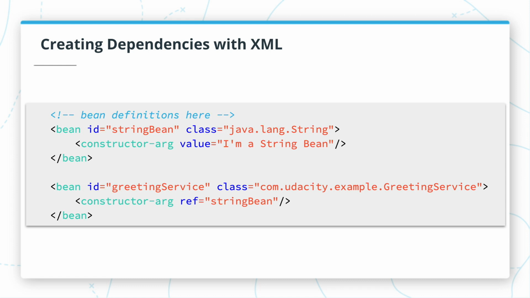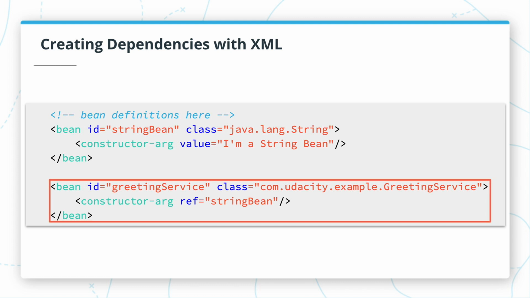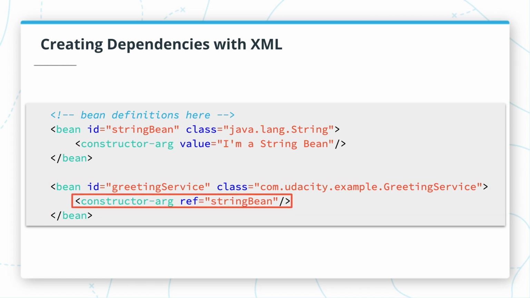If we want to declare a different bean that depends on our string bean, we'd have to write something like this. In this hypothetical, we have a greeting service class, presumably responsible for greetings of some kind. We want to inject our string bean into the greeting service constructor, so we added a constructor-arg element. But instead of specifying a value attribute, we add a ref attribute with the string bean's ID as its value. This tells Spring that we're referencing another bean and not supplying a raw value. We want our greeting to contain our message, not the string bean.